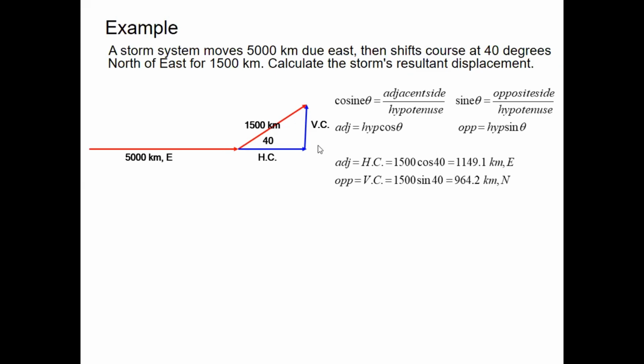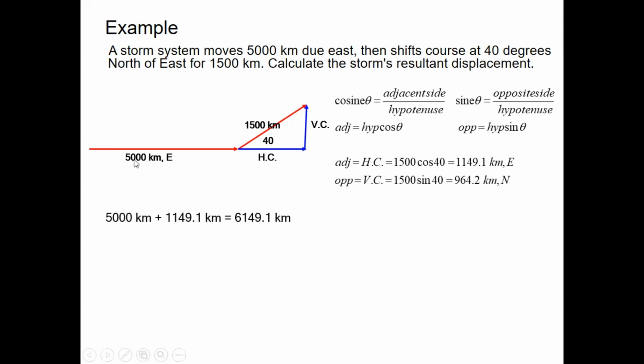So we can figure out this adjacent distance and the opposite distance using the hypotenuse multiplied with the cos theta and the sine theta. So we can use the 1500 multiplied with the cos of theta, which is cos of 40 degrees, and the opposite is 1500 sine of theta, and we can figure out how much the values are. This is east on x-axis, and this is perpendicular towards the north. Once we have done this,